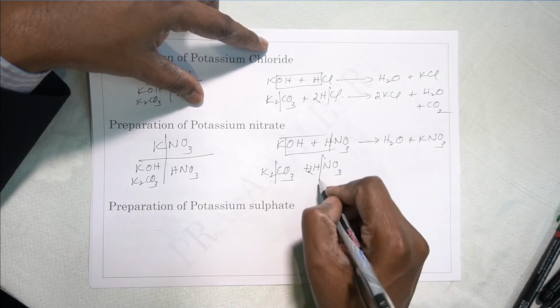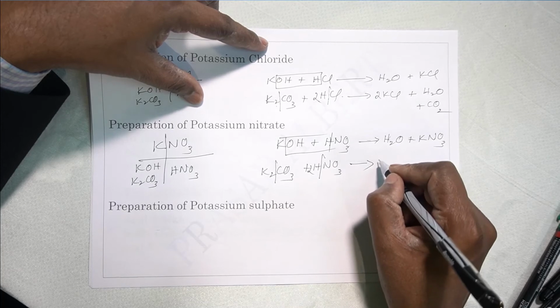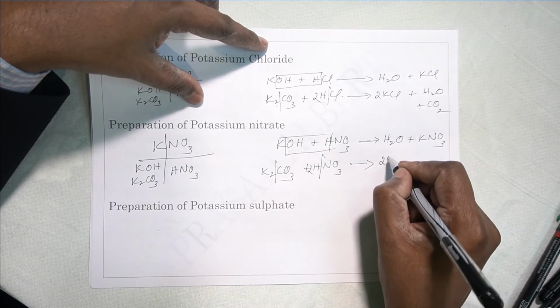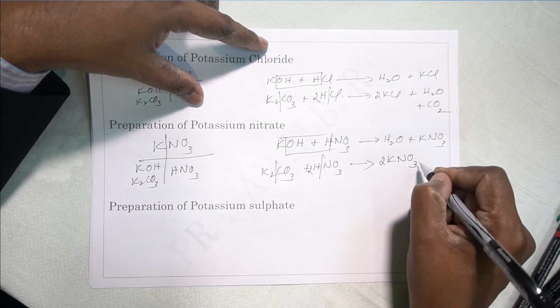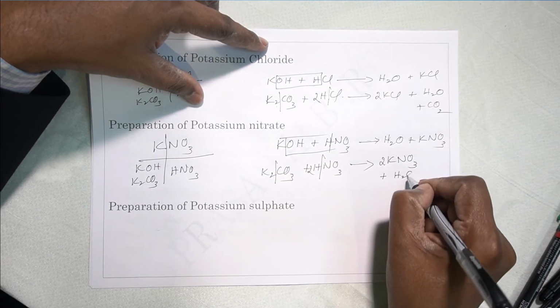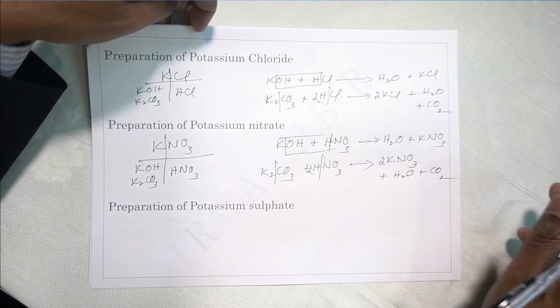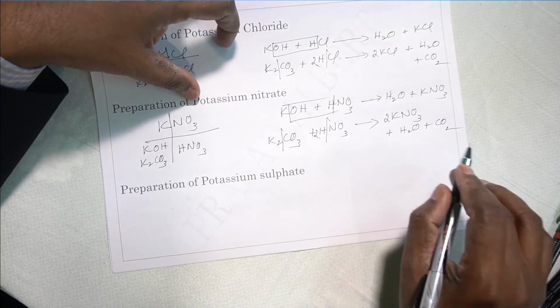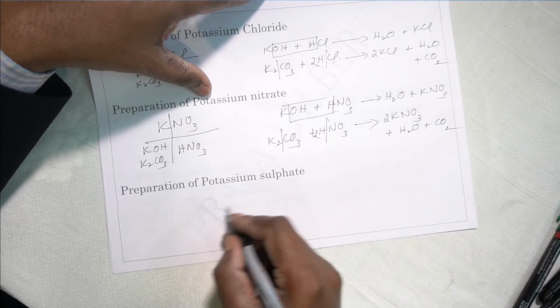So this is cut and this is cut. What is coming here is 2 potassium and 2 nitrates. 2 HNO3 means 2 nitrates. So you have 2 KNO3. What is remaining is water and carbon dioxide. Done, balanced, nothing to check, right? Very simple. So go technically, and the equation also gets balanced on its own. You don't have to waste time on that.